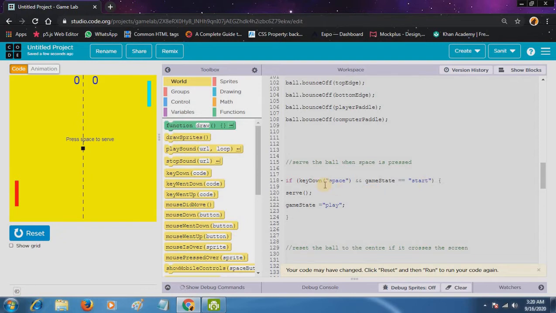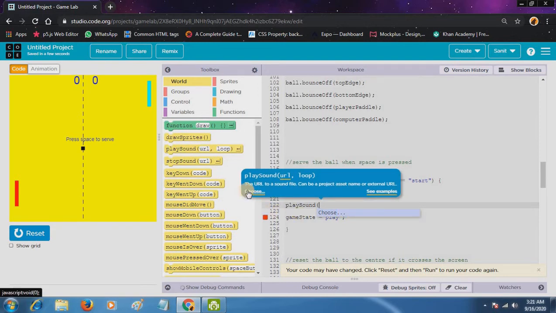First we want a sound when the ball will serve. So if key down space and then game state is equal to start, then the ball will serve and we will play the sound. So for that we have to use a command, play sound. Okay,